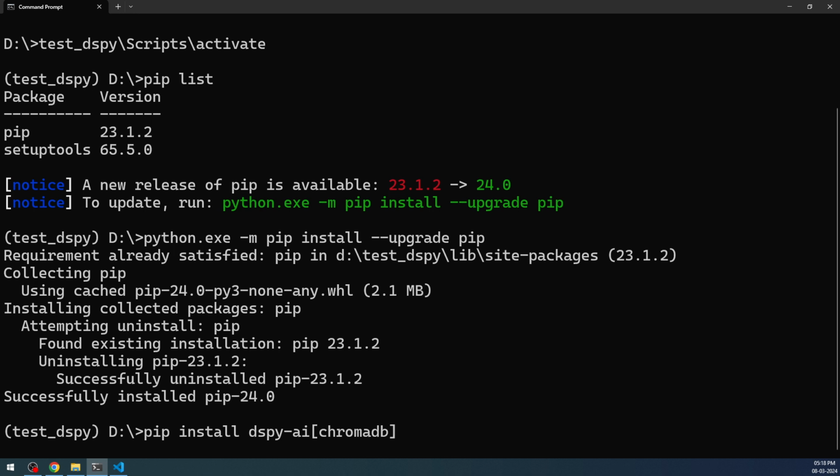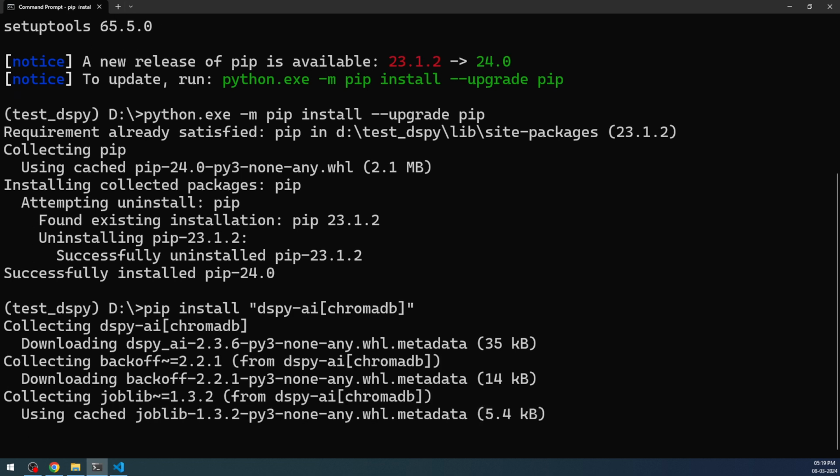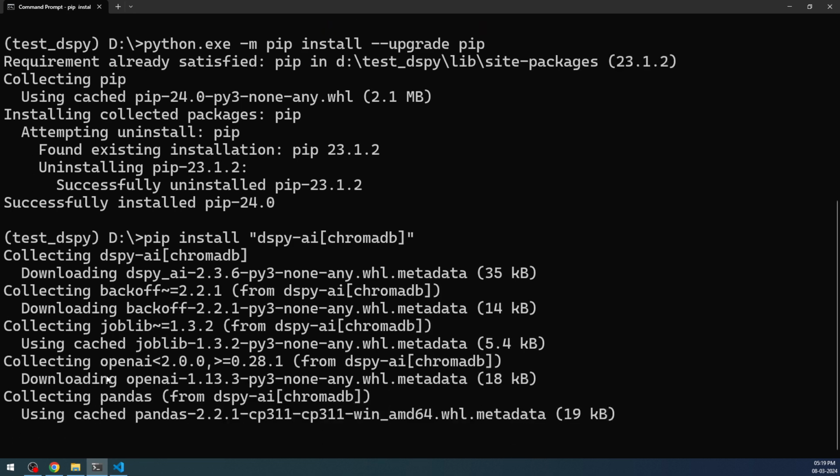In this case, what will happen is if you're using Linux or some other operating system, then probably you need to use a double quotation like this, because the square brackets may not be acceptable in certain terminals, so it can actually error out. So if I execute this right now, most probably it will take my cache. Yeah, here it's taking the cached